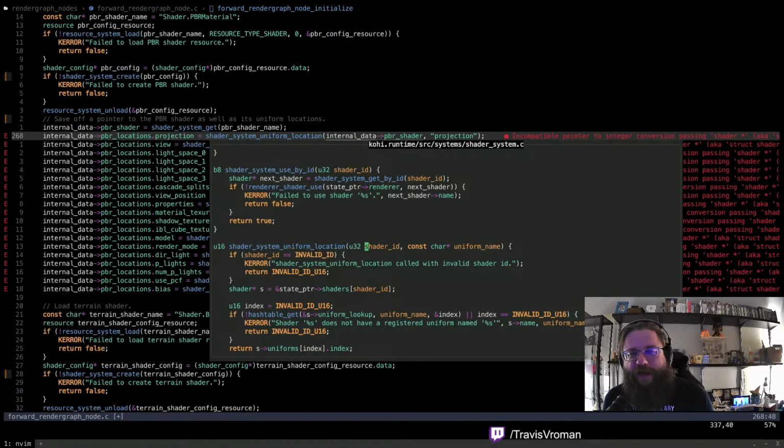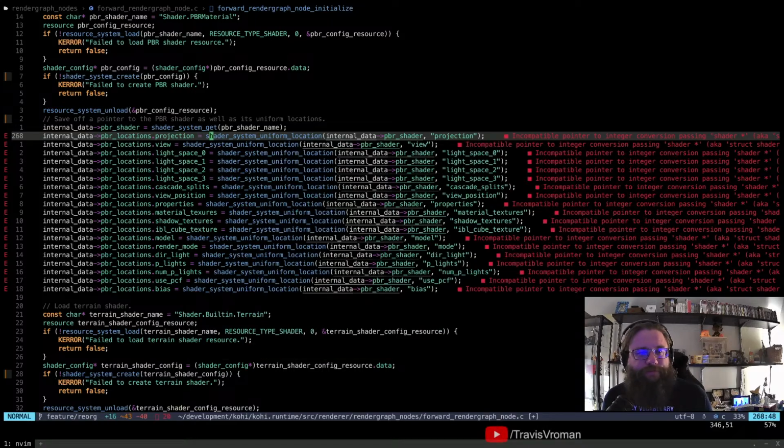And these are a little bit like handles, but this was developed before we actually had handles. So our shader system doesn't have handles, but we do have IDs, which are a close second, right? So we use that to do an internal lookup to get a shader, and then we do the thing.